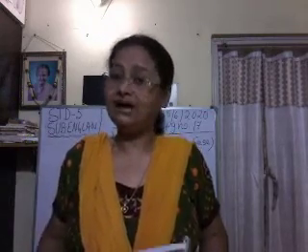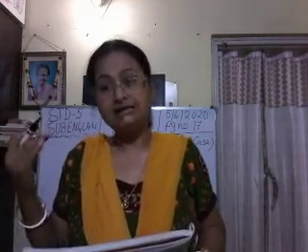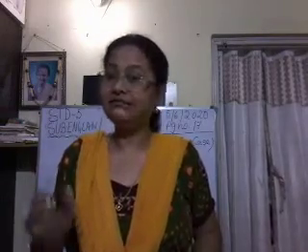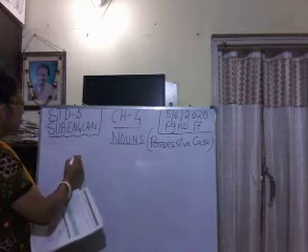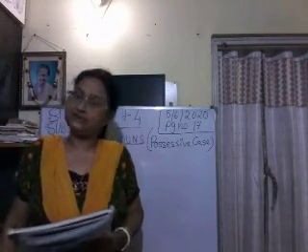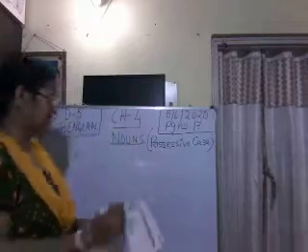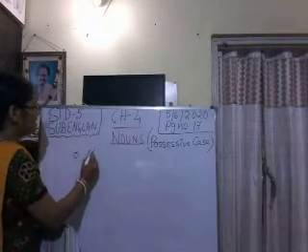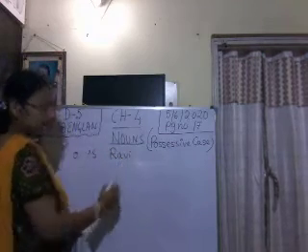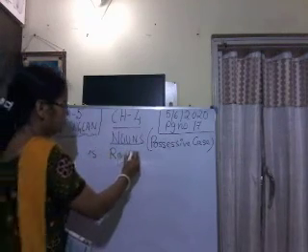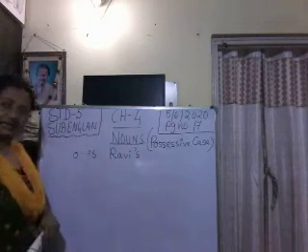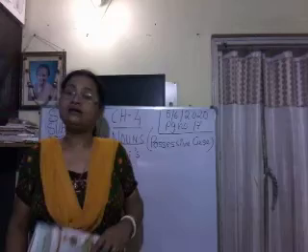Now, what are the things that you have to remember when you study or do any exercise on this possessive case? The first point is we use apostrophe s with singular nouns. I have already given you one example. We use apostrophe s with a singular noun like Ravi. Ravi is the name of a boy, one boy. So when I talk about Ravi's pen or pencil, I will put an apostrophe and then s. Clear? This is in case of a singular noun.